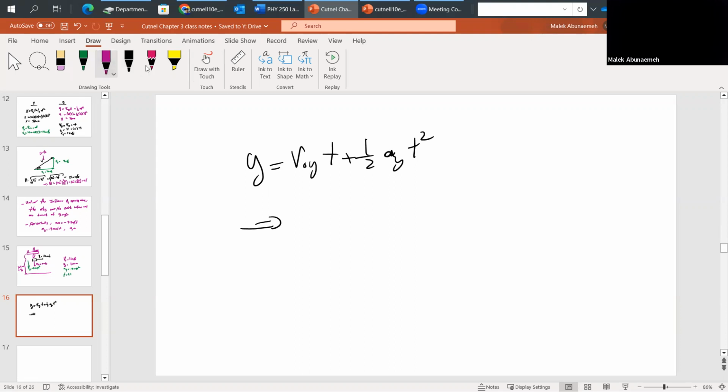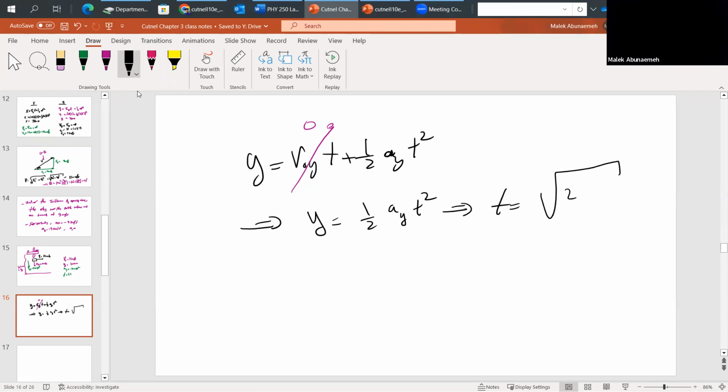Solving for this one, again, we call the v initial for the y direction as 0. So this little fella goes to 0. That means your y is going to equal 1/2 times the acceleration in the y direction times t squared, which means solving for t, it is going to equal the square root of 2 times y divided by the acceleration in the y direction. That means your t is going to equal the square root of 2 times